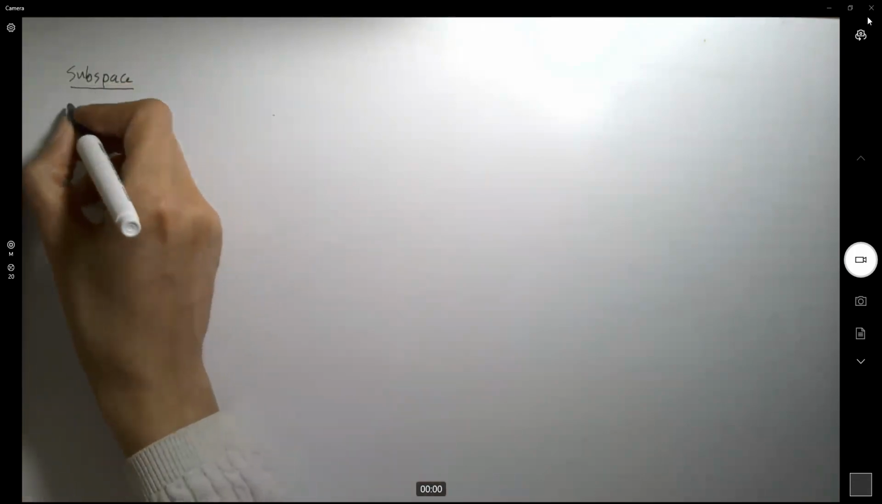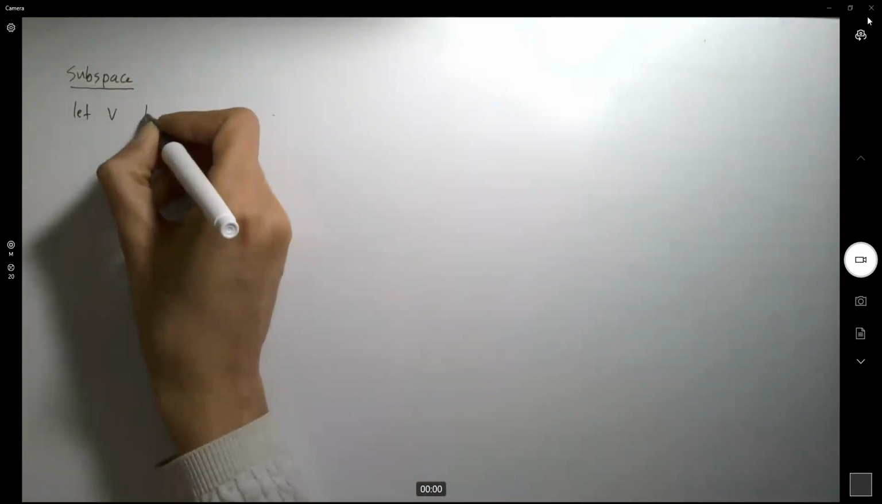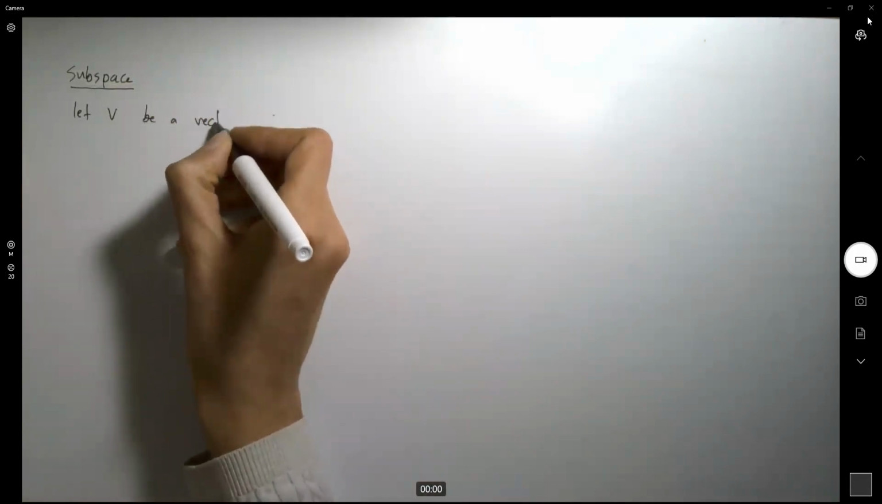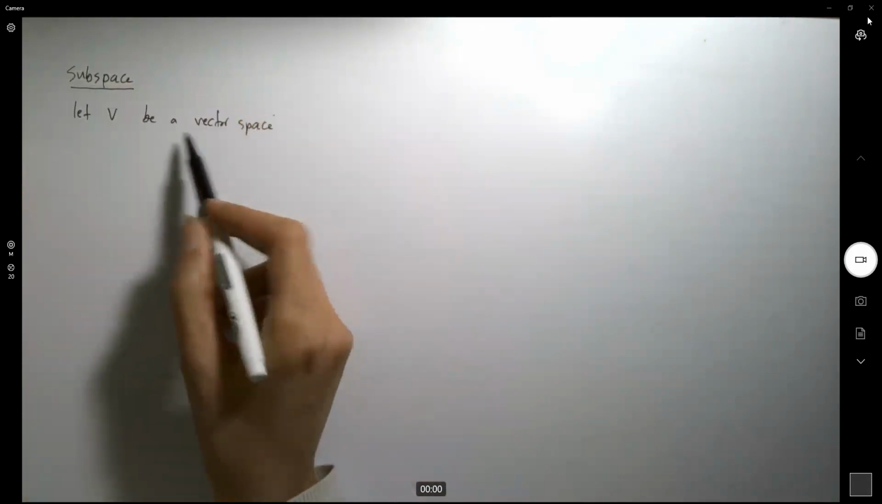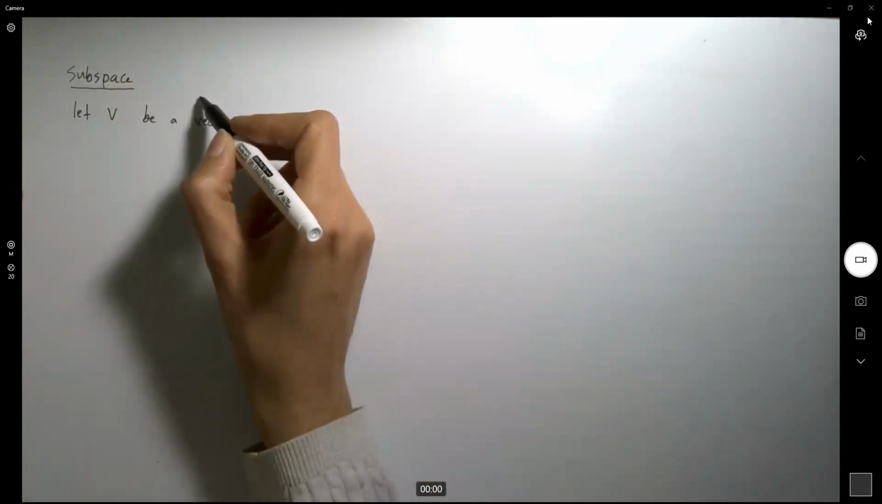Remember we talked about a vector space. We're interested in knowing how to identify a subspace. So first of all, suppose you have a vector space. Let V be a vector space. So when we're talking about vectors, we remember some of the examples that we did in